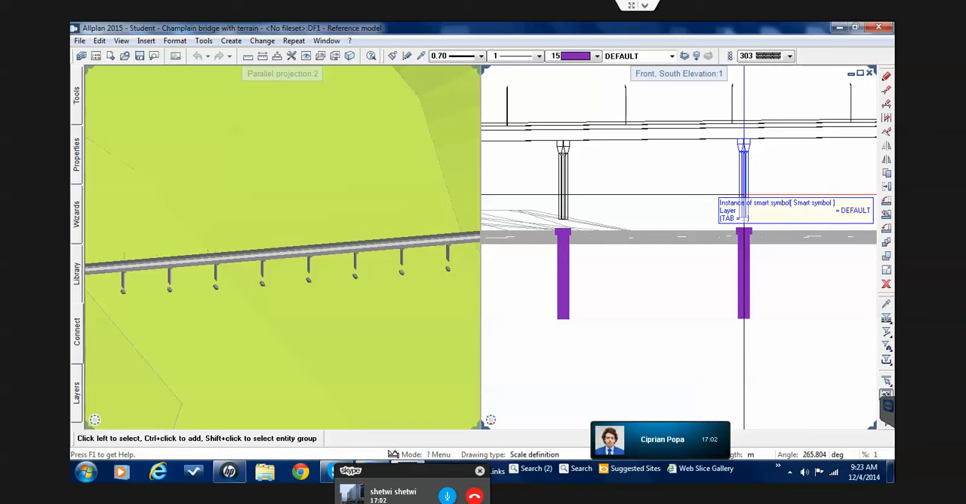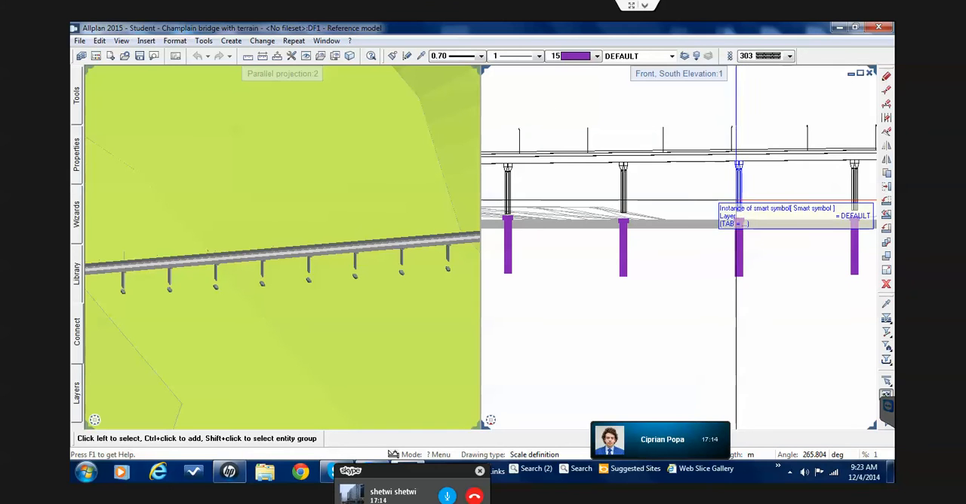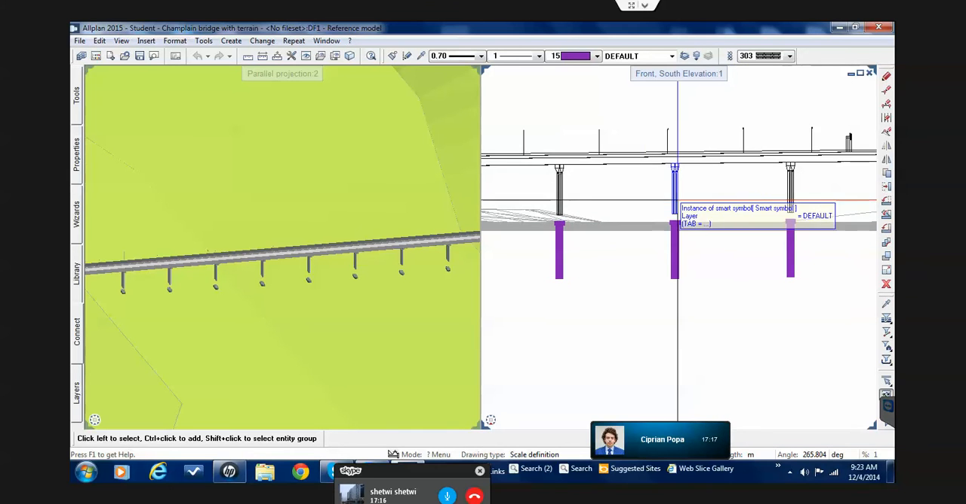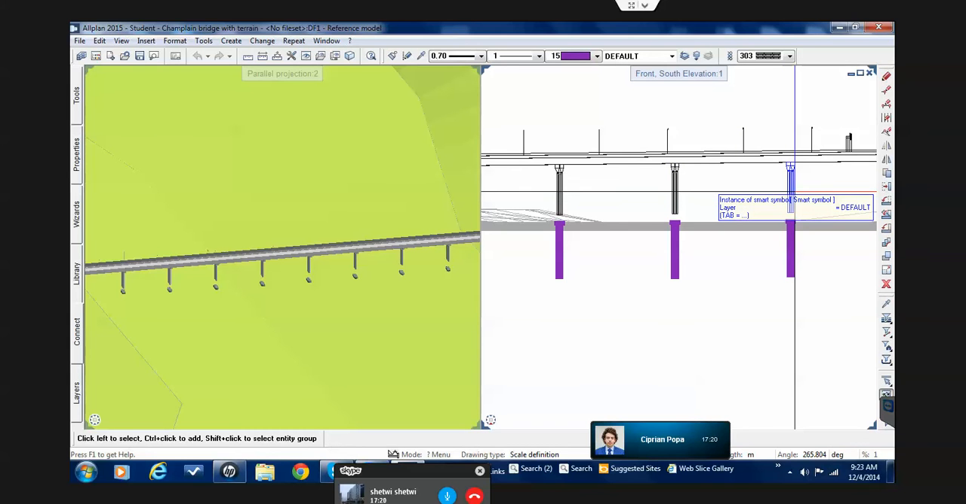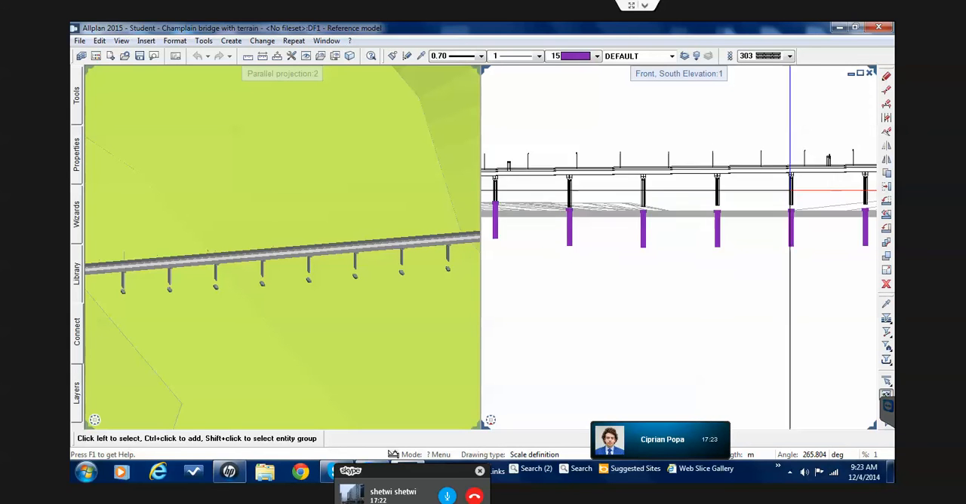What is a smart symbol? A smart symbol is a symbol that if copied, the program only remembers where it is positioned. So it's one symbol that can be multiplied, and if I change this symbol, every instance of it will also change. This helps us use less memory,